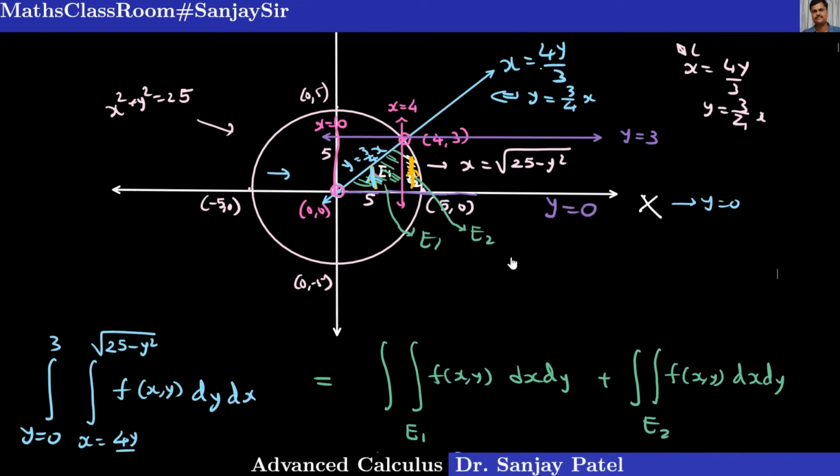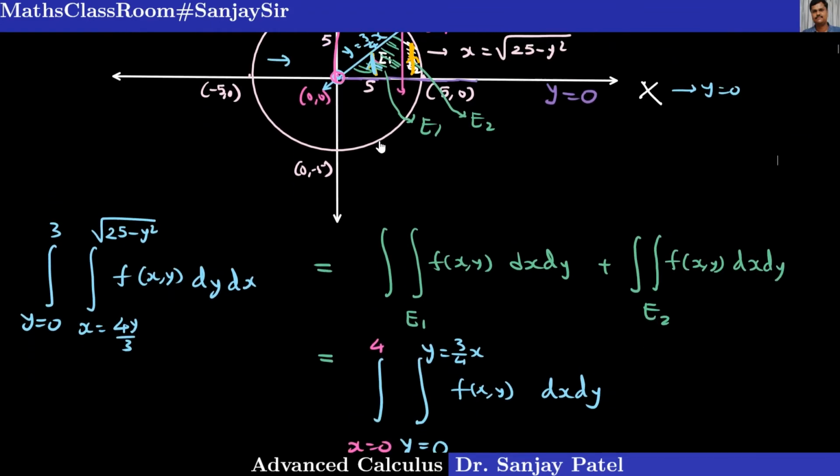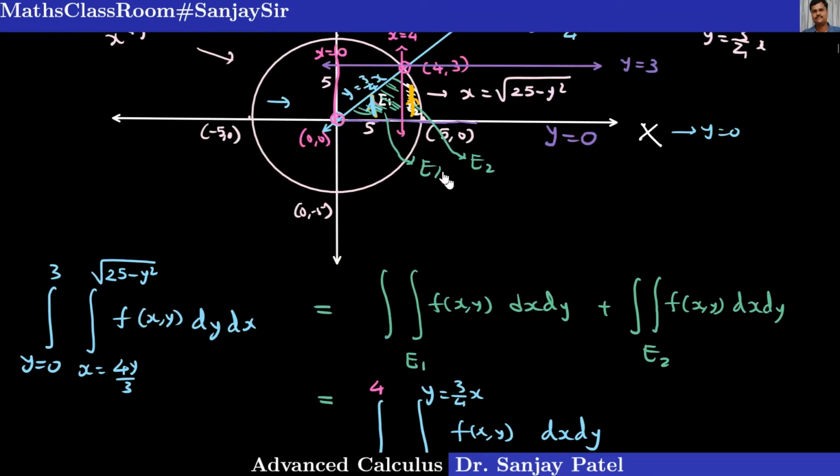So in this part, we have to find the limits of the endpoints of this strip. See, this vertical strip in the second region, let me draw it here. The second region is something like this. This is the line x is equal to 4. This is the point (5, 0).